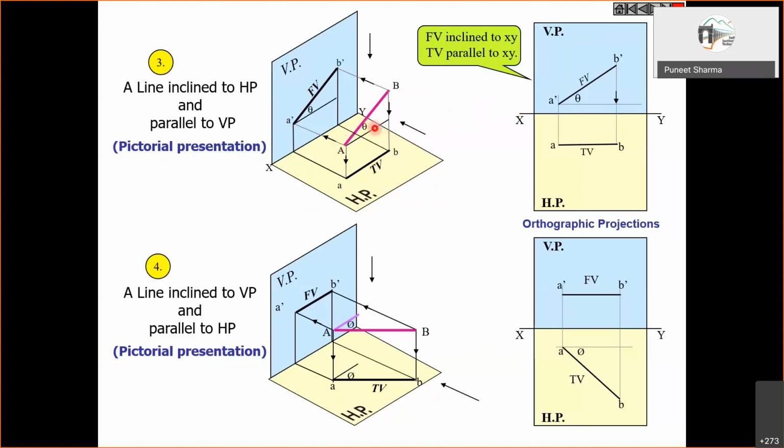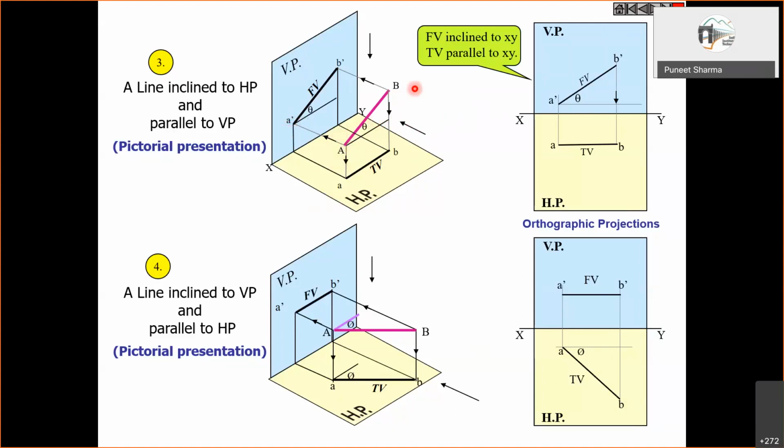As long as this theta is not getting altered, if I move this capital B, the distance of this capital B from the small b is not going to get altered, right? So I'm repeating it so that everyone can visualize. What I'm doing is capital A position I am not changing. It has got some distance. It is in front of the vertical plane by certain distance, above the horizontal plane by certain distance. This position I am not changing. This theta also I am keeping constant. Then I am trying to move this capital B.